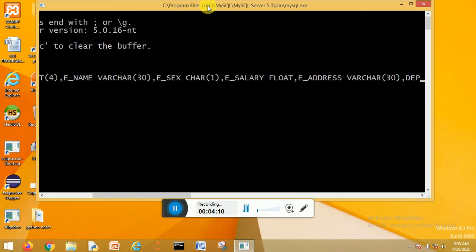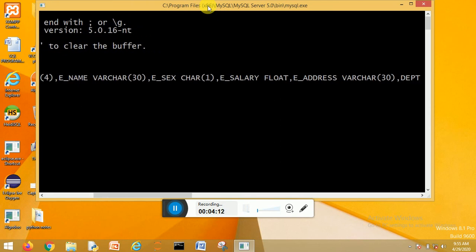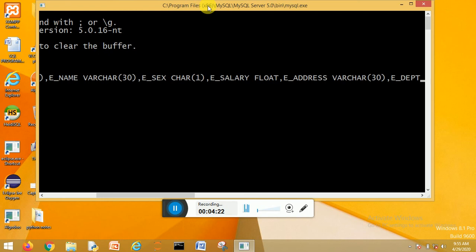comma, department name, comma, department number. In which department? Department means the employee's department. Just do not consider this column in this table; it will be created in the other table.